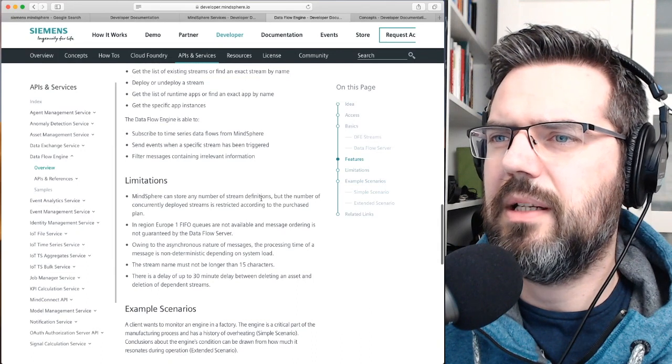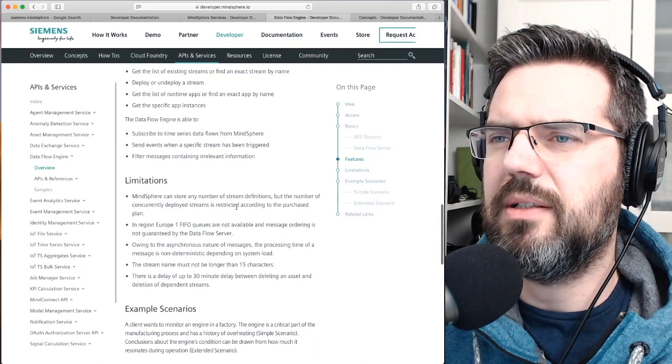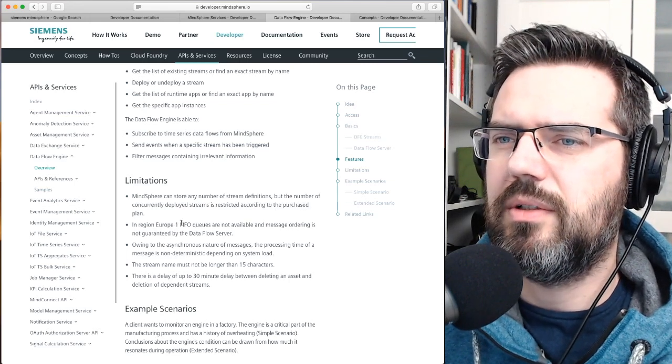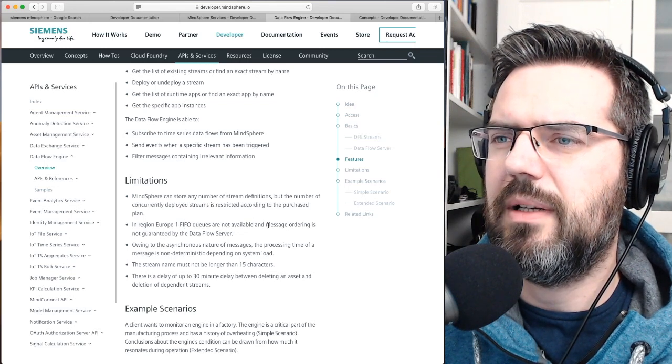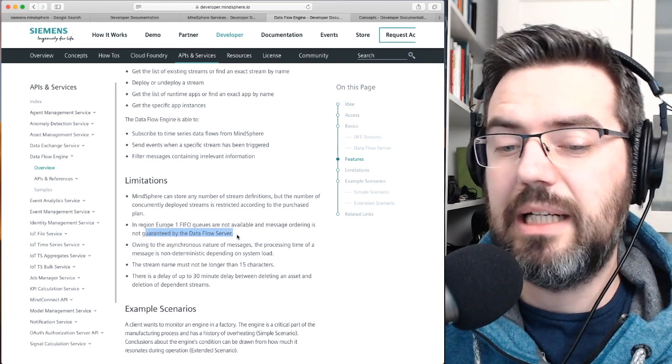Limitations: Mindsphere can store any number of stream definitions, but the number of currently deployed streams is restricted according to the purchased plan, of course. In region Europe, first in, first out queues are not available, and message ordering is not guaranteed by the data flow server.